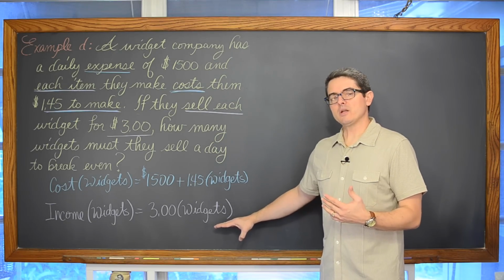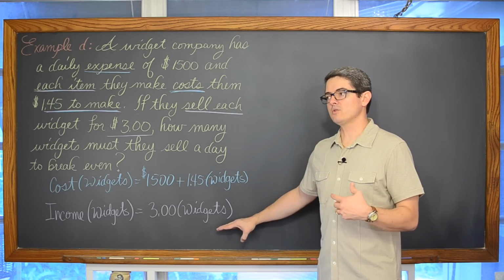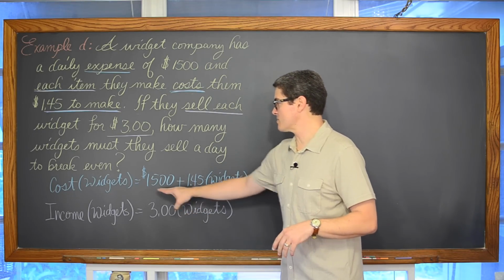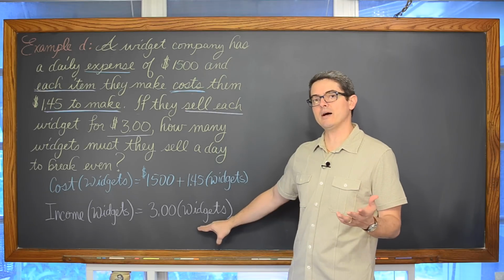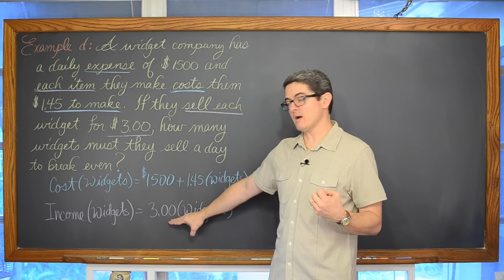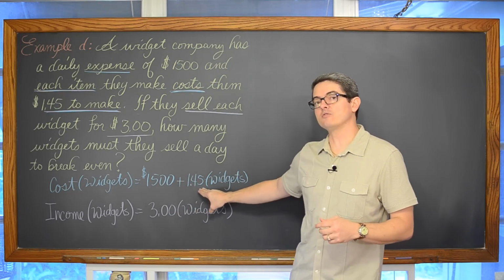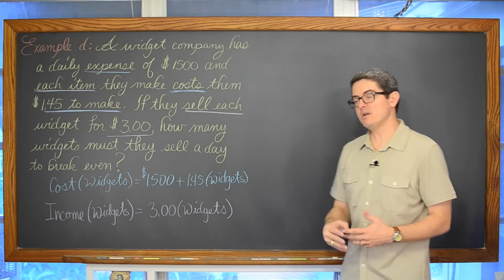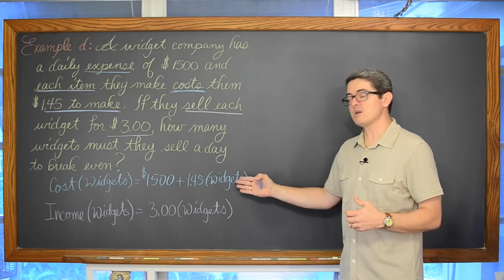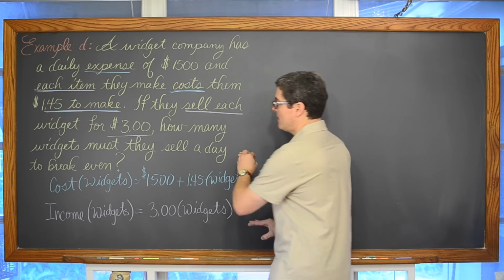When you sell something for $3, you didn't really make $3 in profit. That's called your gross income. The net income is saying, okay, I sold something for $3, but there was a cost behind that. If I only sell one item, then while I may have brought in $3, I've actually spent $1,501.45 to create that one widget. So I don't want to sell one widget and just bring in $3 because I've lost a lot of money that day. So how many would I have to sell just to break even?